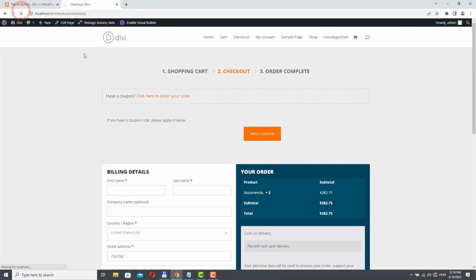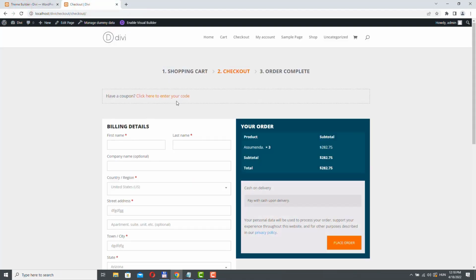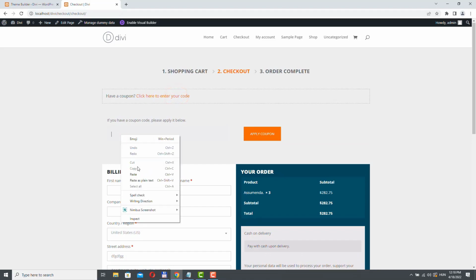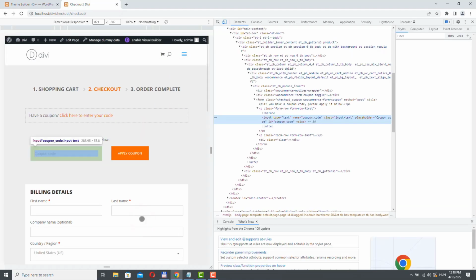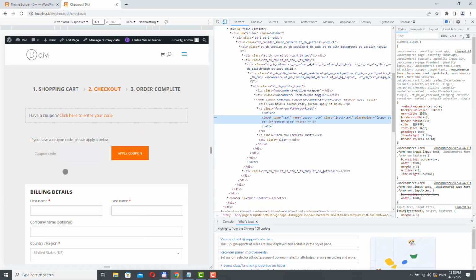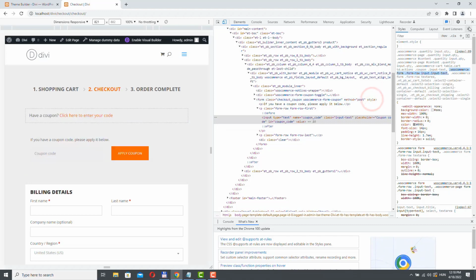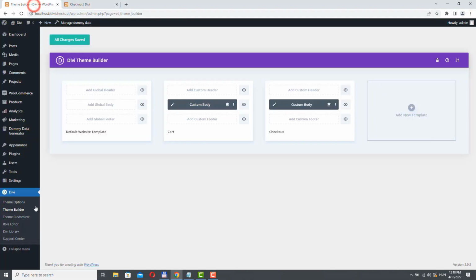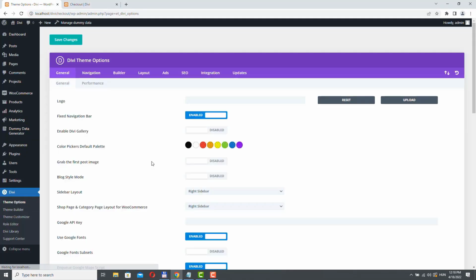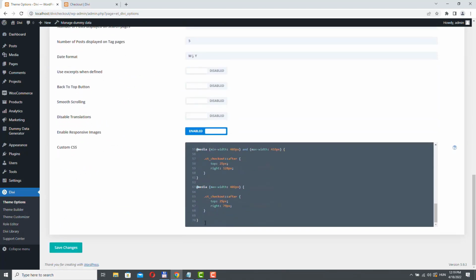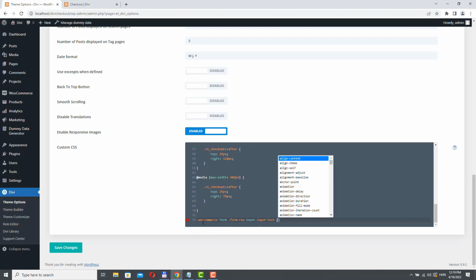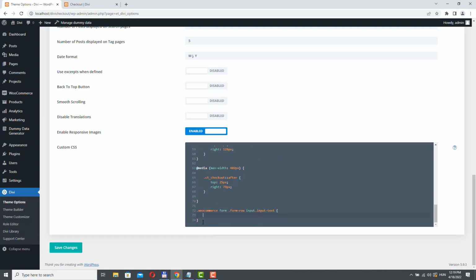Let's refresh this page, and we can use CSS to change the background color of this input field. And this is what we have to target. So let's just copy here and go to theme options, and here just paste it